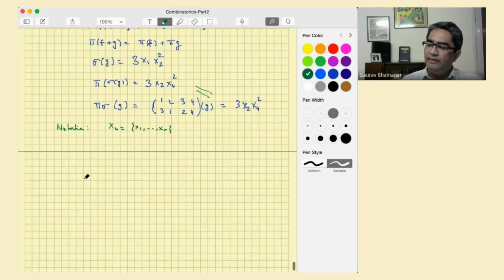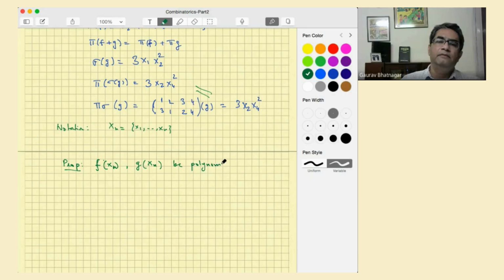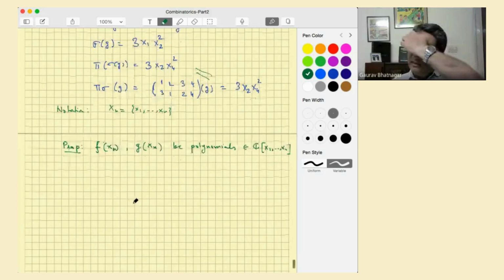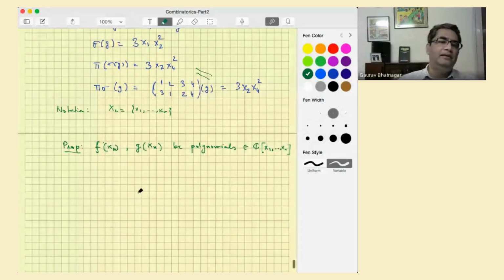Proposition: let f of Xn and g of Xn be polynomials, so they are in C[x1,...,xn]. Let pi and sigma be in Sn. Then